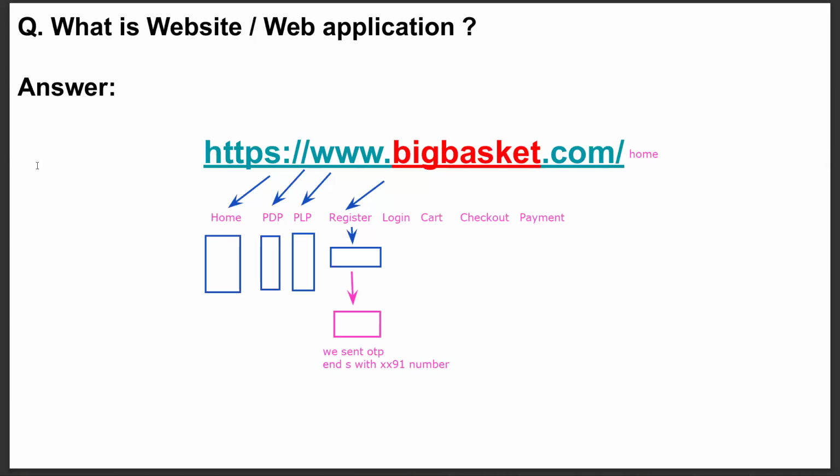Okay, just stay with me. It's very important, what I am discussing. Now, guys, you are on the login page. Tell me, is this the same page or a different page for everyone? The first page is the same, right? I'm talking about just the page, man: user ID, password. You have not entered anything. After you fill in the data, you'll land on some page, let's say an invalid user ID or password page, or you'll land on your Big Basket home page. Now tell me, is this page the same for everyone or individual to individual?